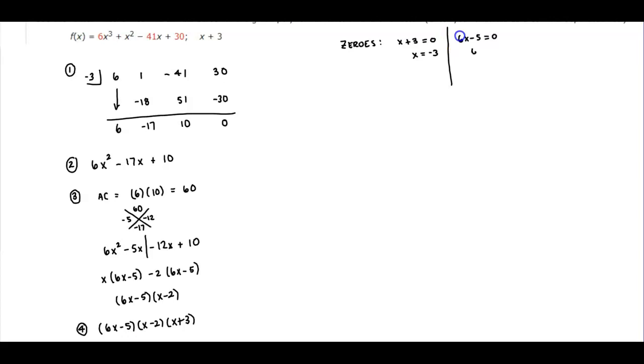If we add 5 to both sides, we get 6x is equal to 5. Divide both sides by 6, and therefore x is equal to 5/6. And then we have x minus 2 as another factor. And if we solve for x, we're going to add 2 to both sides. So therefore, we can say that the zeros of this function are -3, 5/6, and